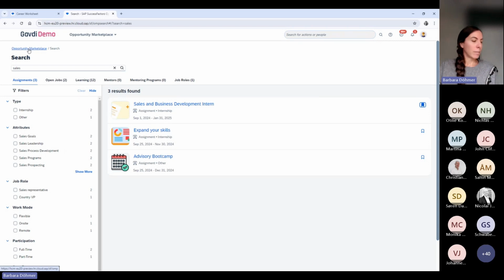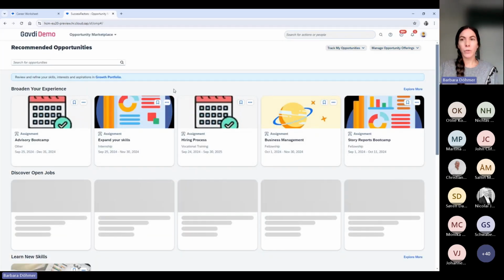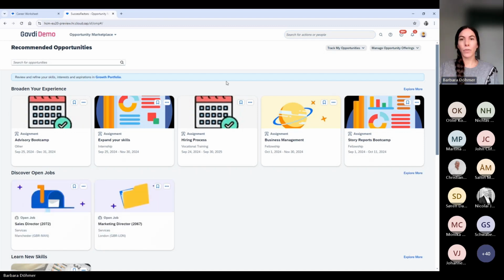Okay, let me go back to the recommendation page because I want to show you something else. So not only can he bookmark opportunities, but he can also decide whether this is something that he is interested in or not.